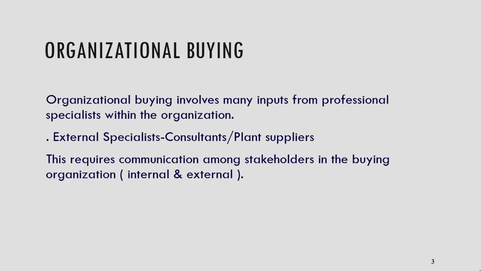Now, we come to the characteristics of organizational buying, which we have been discussing at various points during the last few sessions. A primary characteristic of organizational buying is that it involves inputs from professional specialists within the organization, as well as some external entities like domain specialists and consultants. There may be a strong influence of the overall plant suppliers and their choices, or their standardization of suppliers. So, for example, in a steel plant, if the entire rolling mill is being supplied by a large contractor, or the continuous casting mill is coming from a proprietary technology based supplier,